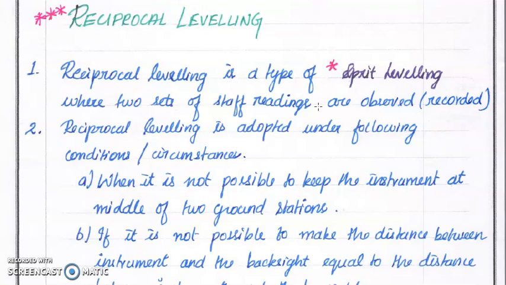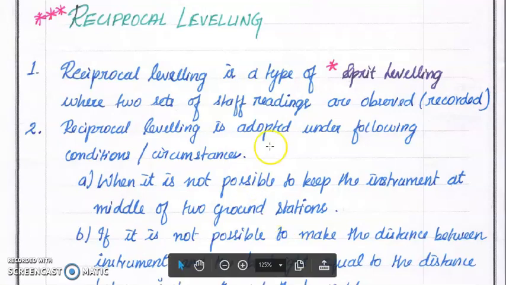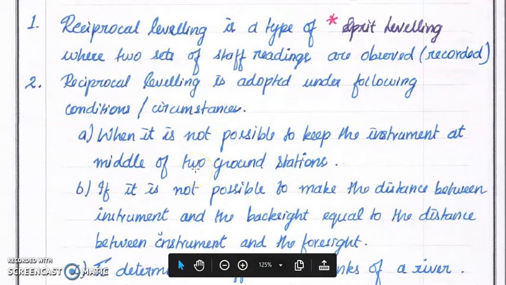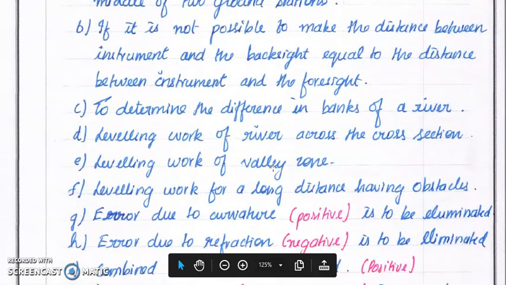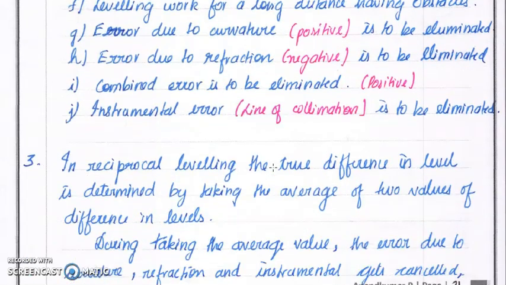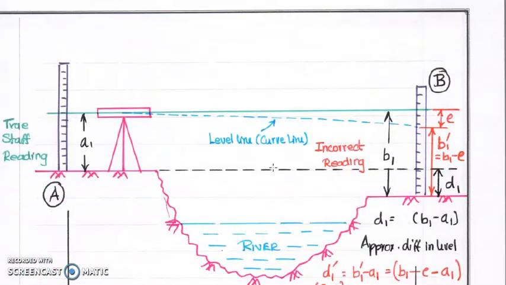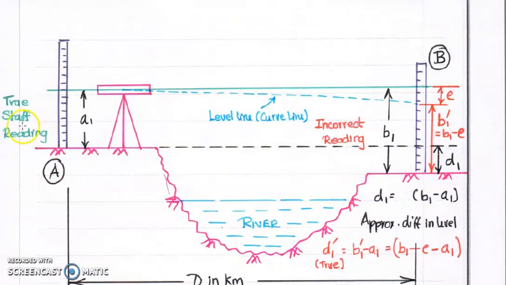These are purely based on your theoretical examination, but however you can read later with the help of textbooks. So come to this picture, what is the procedure? Here, two sets of readings are to be taken in reciprocal leveling. It is most suitable for surveys on a lake, pond, river, or mountain. In this place, it is very useful.